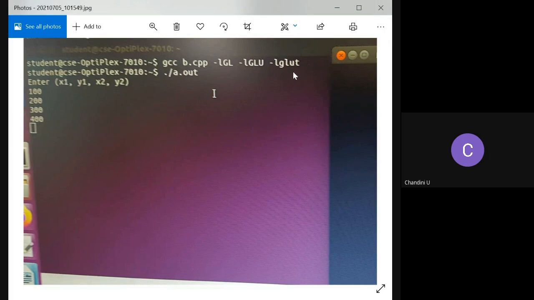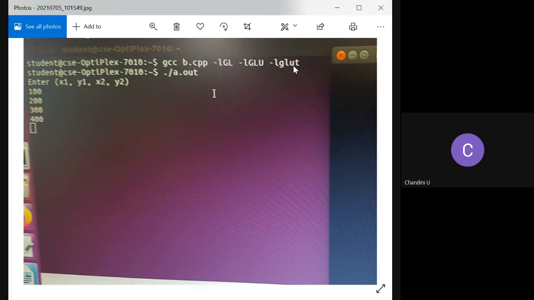This glut should be in small letters. Please note, every time you may do everything correctly, but in the end this is the place where most of you forget. So this glut, please remember, should be in small letters. GL and GLU mandatorily should be in capital.